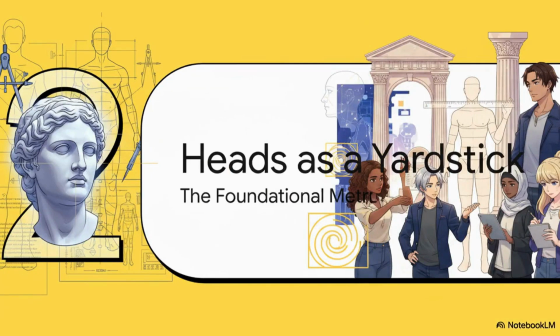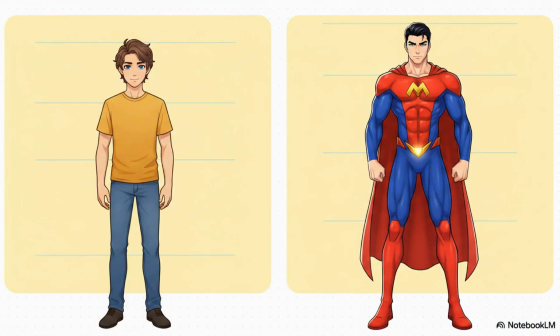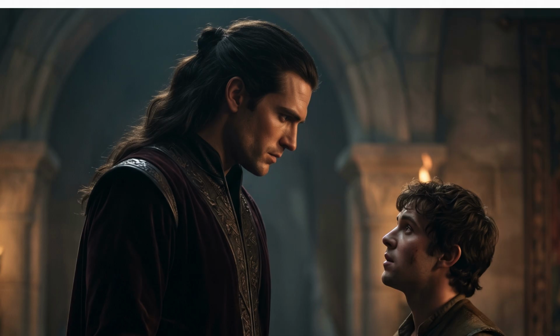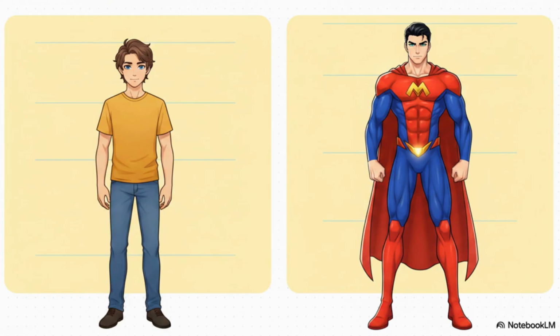Moving right along to part two, using heads as a yardstick, the foundational metric. So the really crucial point here is that while an average person walking down the street is roughly 7.5 heads tall, artists routinely manipulate this. If an artist wants an impression of grace or nobility, they'll often stretch the figure to a clean 8 heads tall. But to create those towering gods and superheroes we see in comic books, they use a heroic proportion of